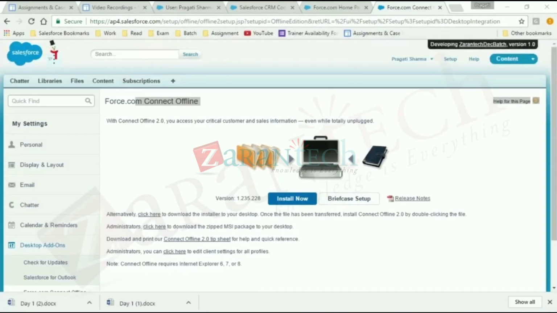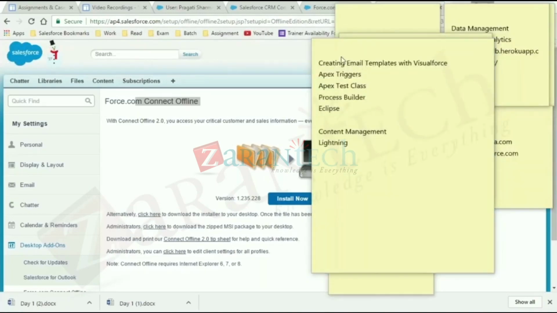Okay. Then I need to explain one more thing, and it is about emails, the email template with Visualforce. If you remember, last time we had seen